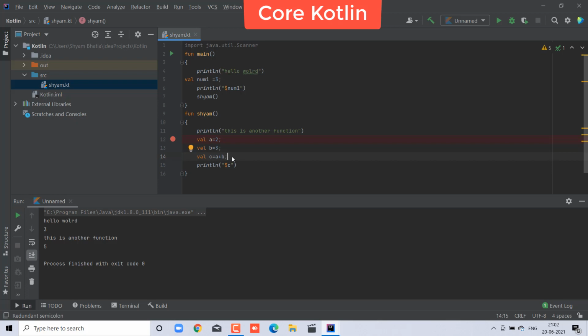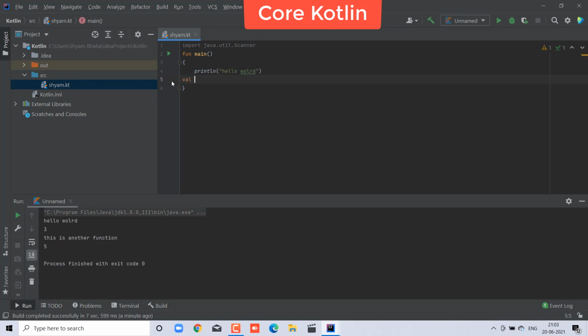Remove the function, and create a val, and a name, equal to name, I can put inside, let's say Sham, but this is our string, name1 string, but I want to update that string.